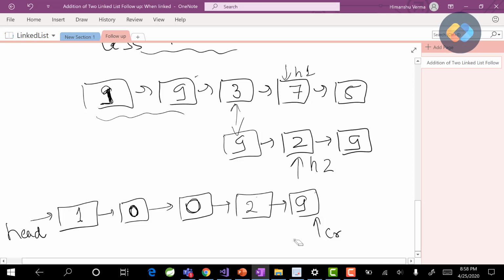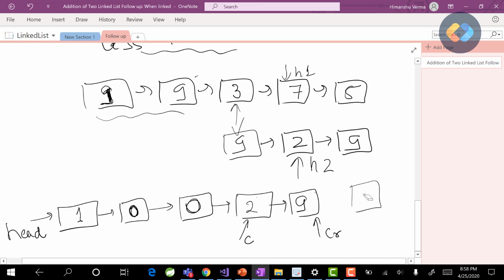We would not have moved our carry pointer here, we would have kept it here, because we know that the addition of any nodes after this will generate a carry, and 9 will propagate the carry back, right? So we cannot afford to move our pointer forward.